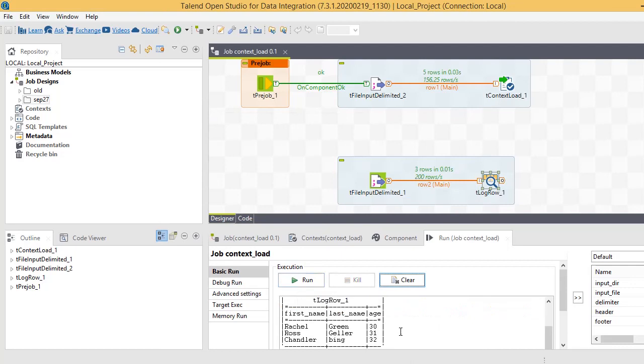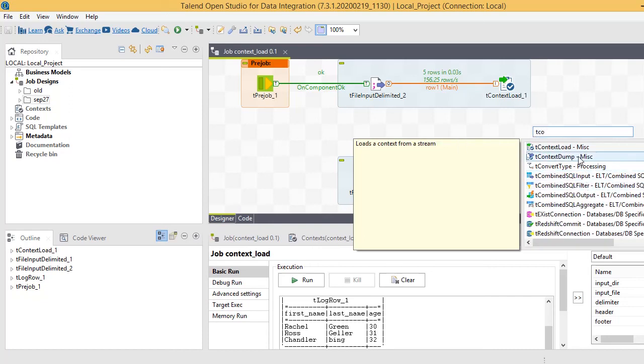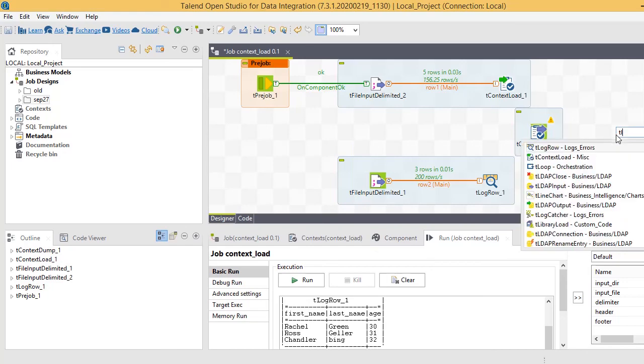So the job is able to read the file, and it is printing all the records from that file. There is a way to check whether all the context variables are loaded into the job or not. To check that, we can use tContextDump and tLogRow.